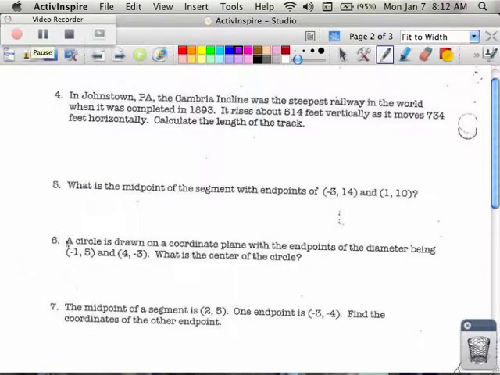Okay, number 4, it's a word problem, and probably the biggest difficulty with